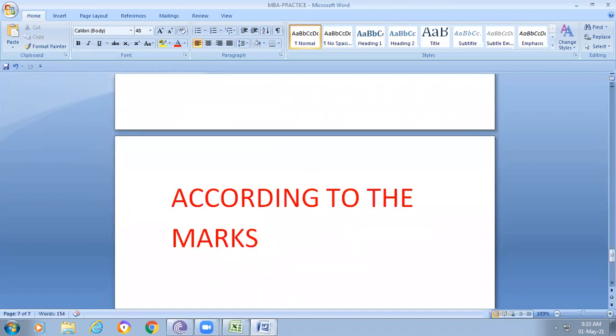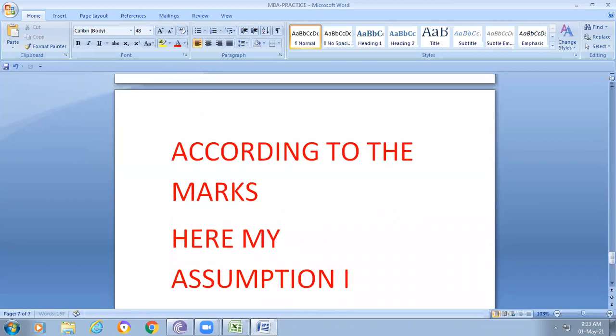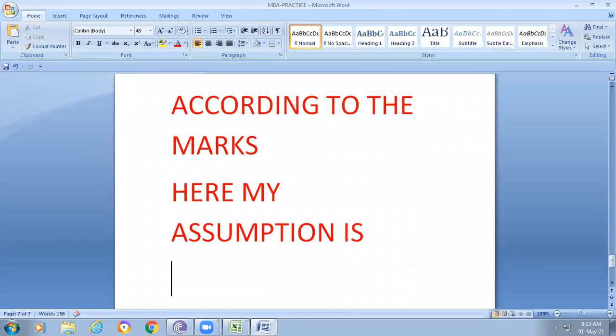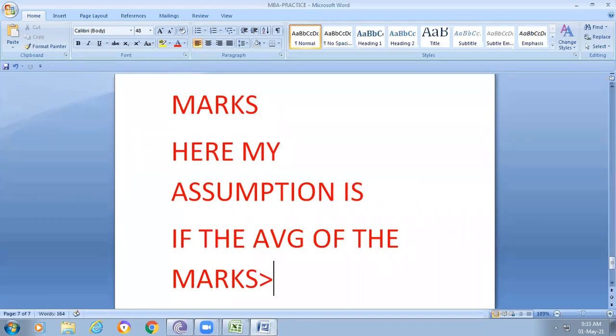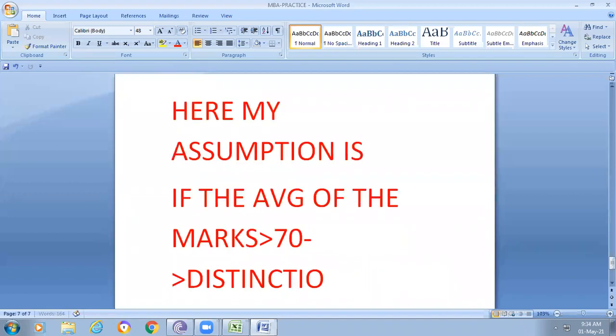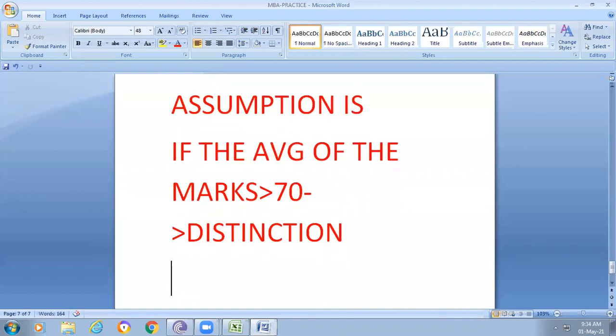Here my assumption is, for example, if the average of the marks is greater than 70, then you can assign distinction. So all these are applications of if, am I right?